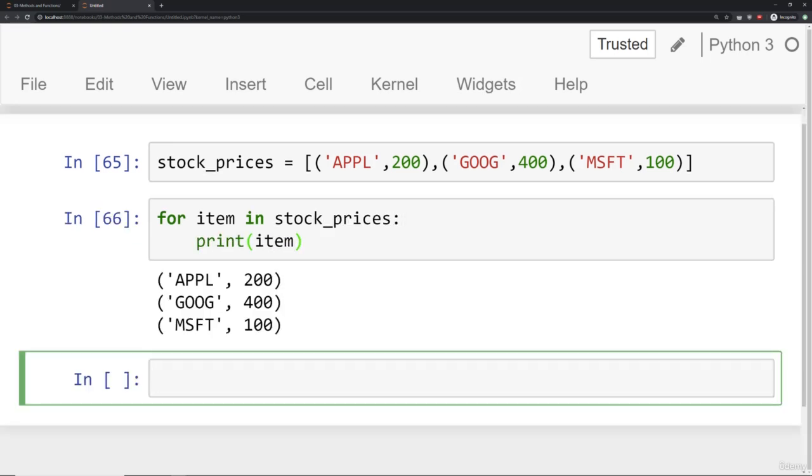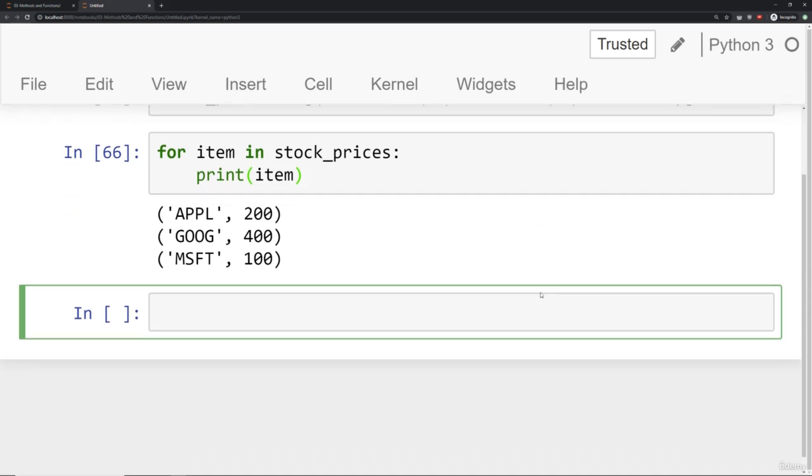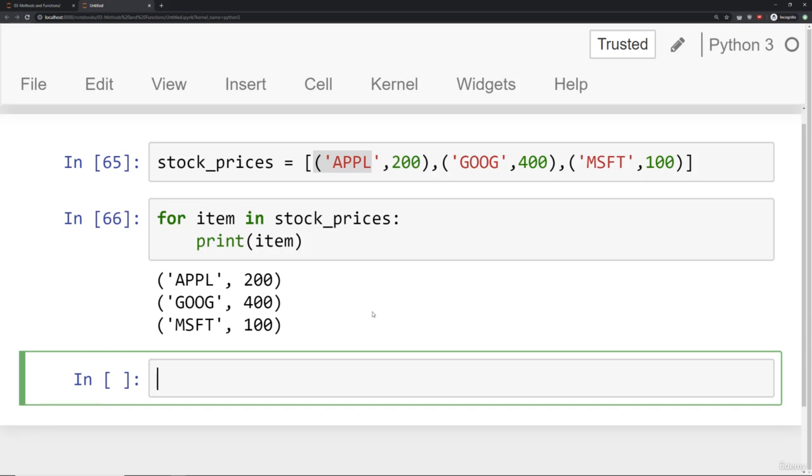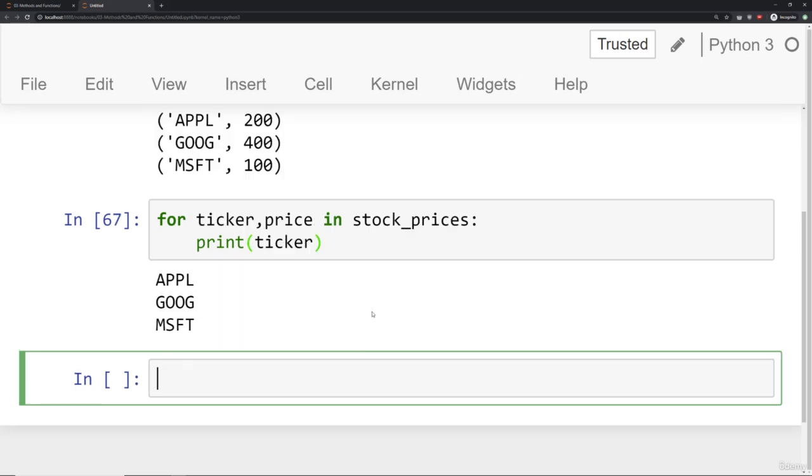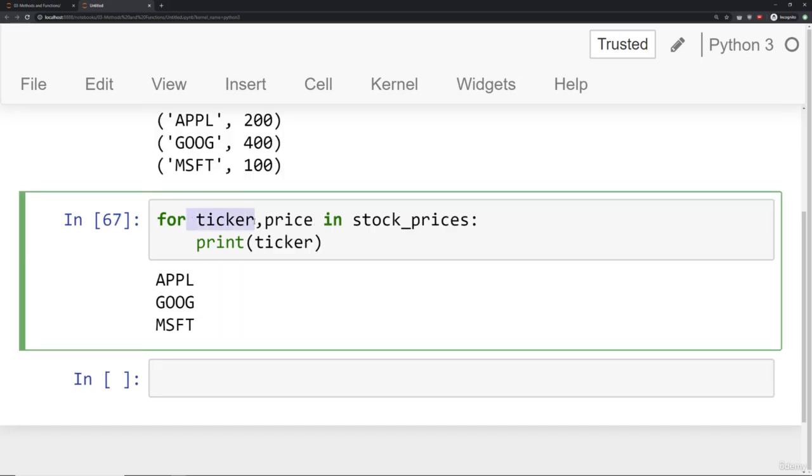prints out the tuples. I also know that I can do tuple unpacking, which means I can actually individually grab the items from these tuples. So I can say for ticker and price in stock prices, print, let's say, just a ticker. Run that, and what it's doing is it's unpacking ticker and price separately, so I can do different things